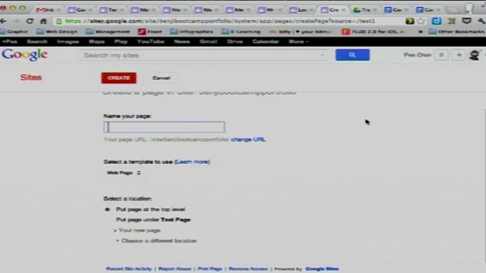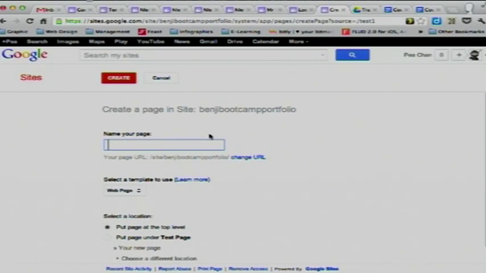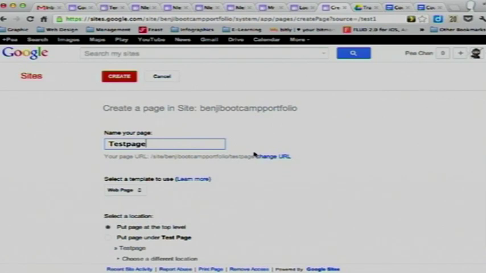The dialog box will show up. Name your page. I'm going to name this page test page. Now you realize that when you type your title of the page, automatically Google will use your title as a